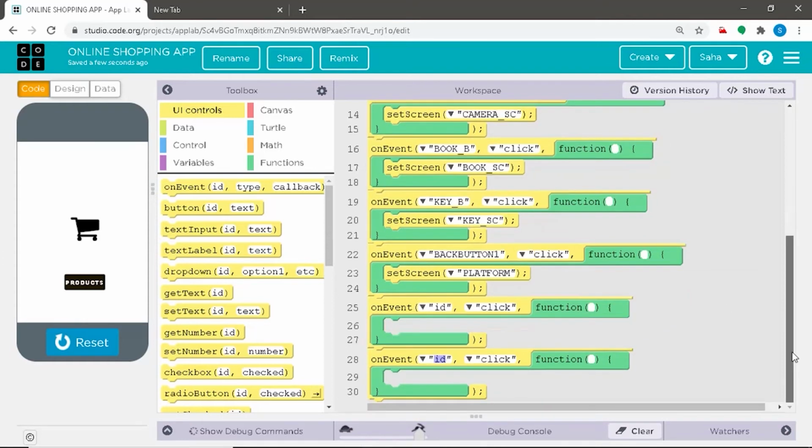Since we have in total 7 back buttons, out of which we have defined the first back button, I shall be placing 6 more on event commands so that we can define all the buttons at a time.